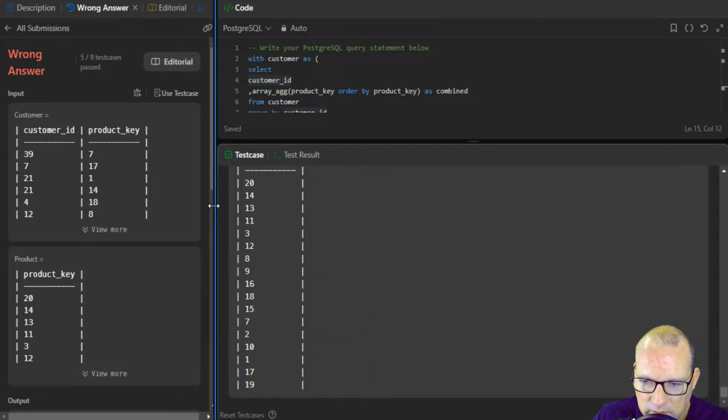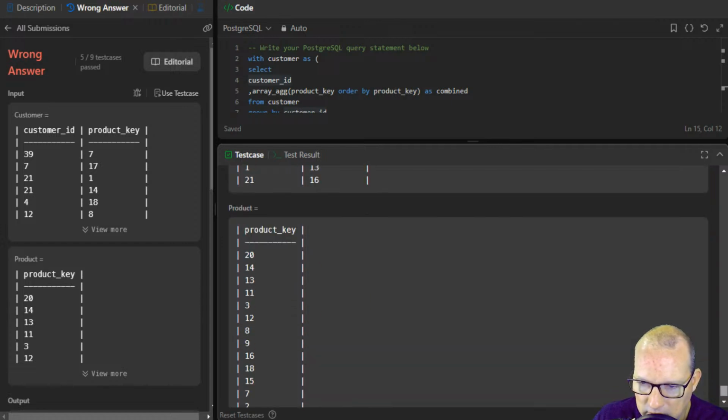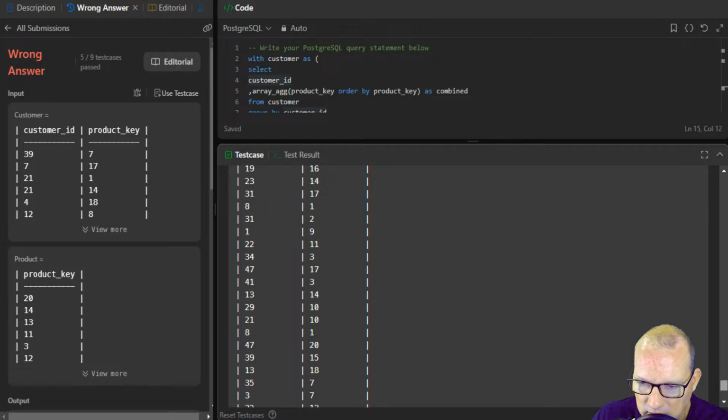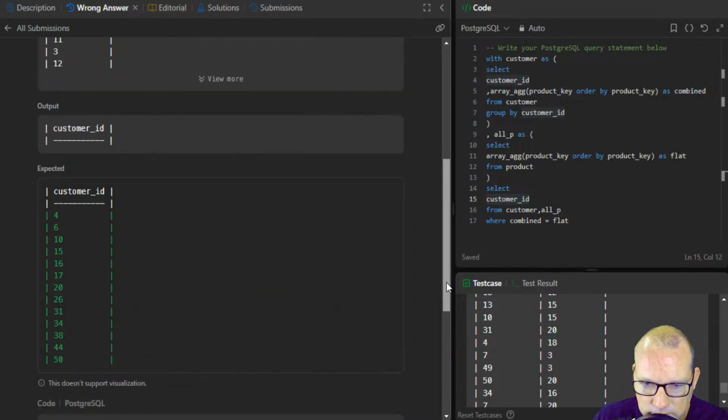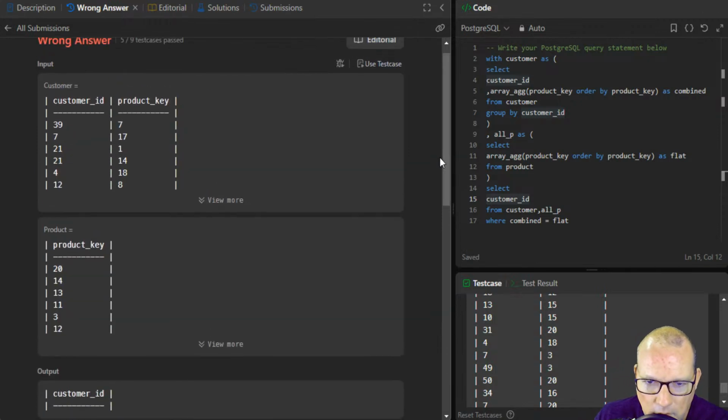Product key. Which is? Flew right by it. Product key. Oh, this is interesting on why this isn't working. All right, so we could do this on a test of